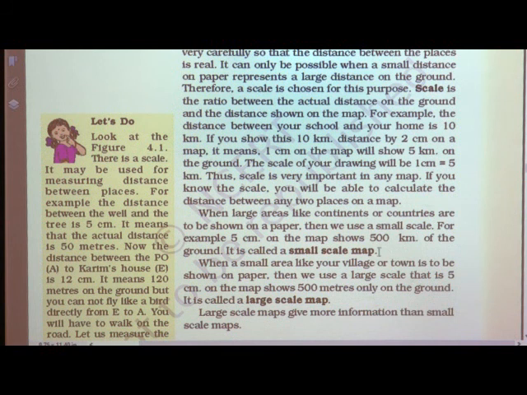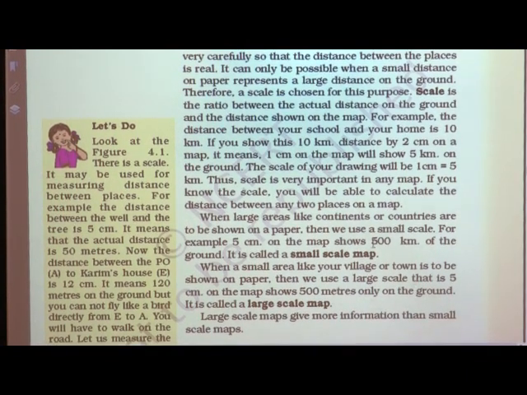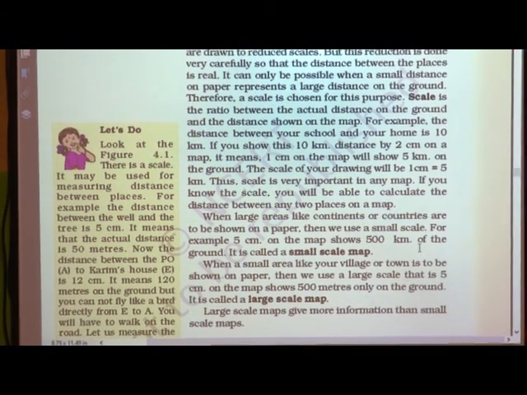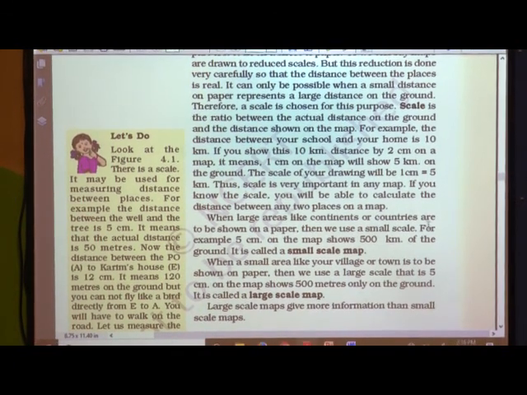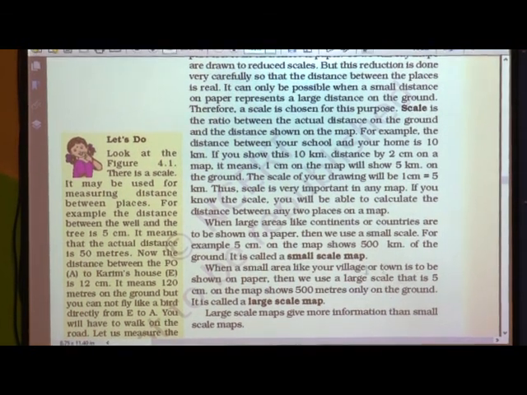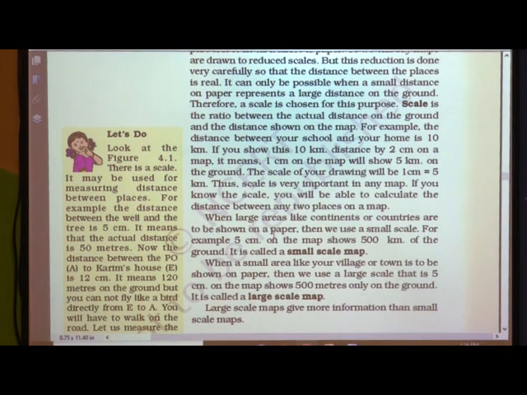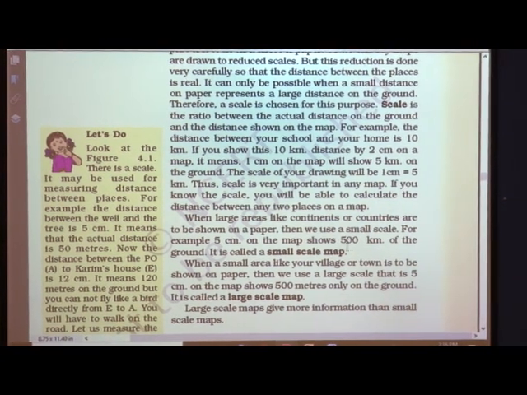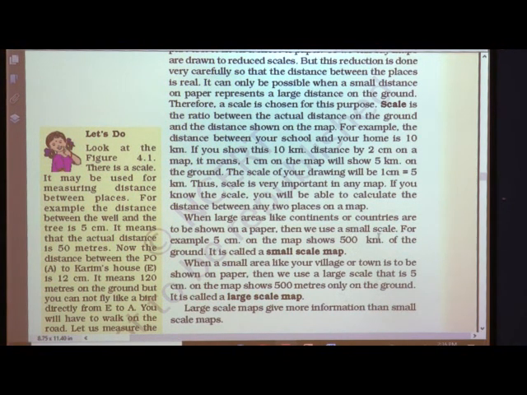For example, 5 centimeters on the map shows 500 kilometers on the ground. So, this is called a small scale map. Small scale map means when we have to show large areas, countries and continents, we use, for example, 5 centimeters instead of 500 kilometers.